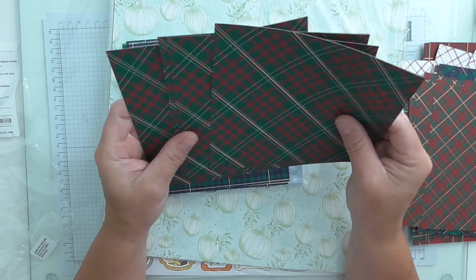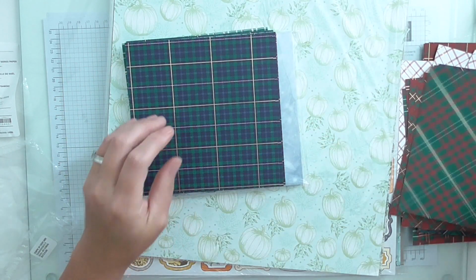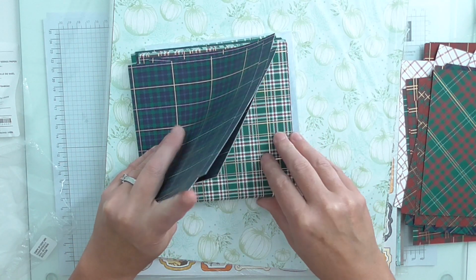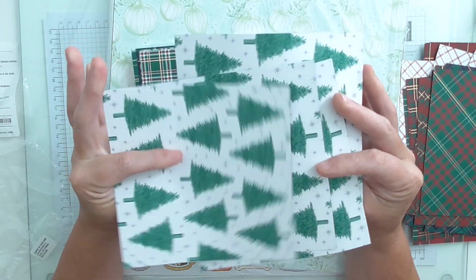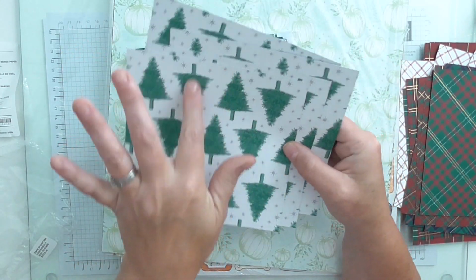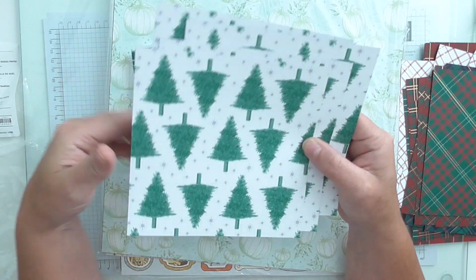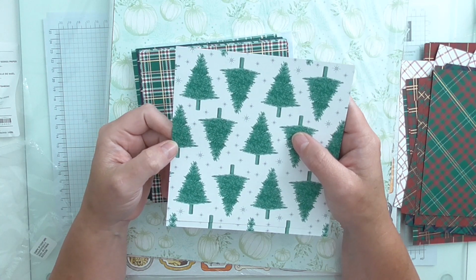And we've got the Night of Navy, Cherry Cobbler and Shaded Spruce, I think, are the main colours in this one, with obviously the gold foiling. And this one, you can punch these out with the coordinating Christmas tree punch that goes with the